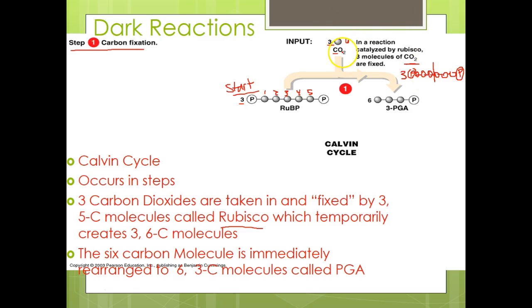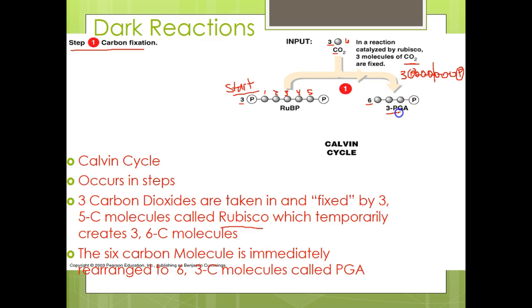As soon as you add this 6th carbon to this 5 carbon RuBP molecule, it splits it in half. And so now we have 6 molecules that each have 3 carbons and a phosphate. So that makes sense, right? We have 6 3-carbon molecules because we started with 3 6-carbon molecules. Once you split these 6-carbon molecules in half, we get 6 3-carbon molecules, and the name of these